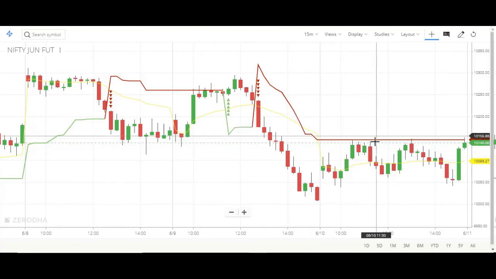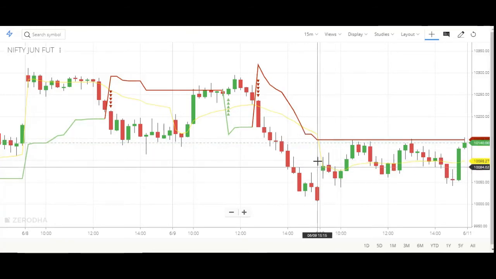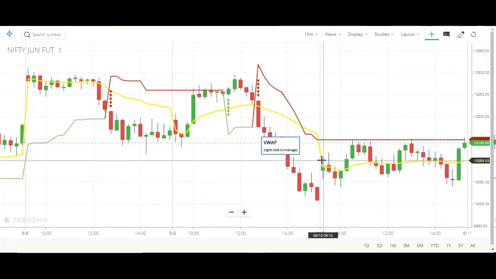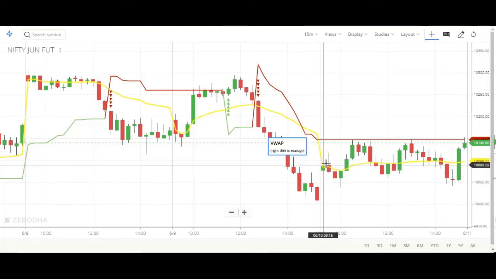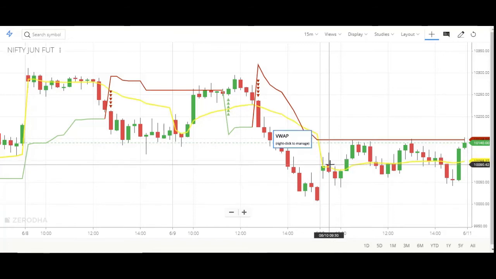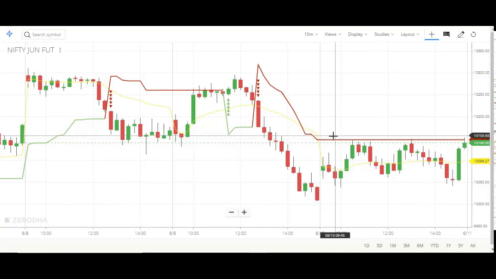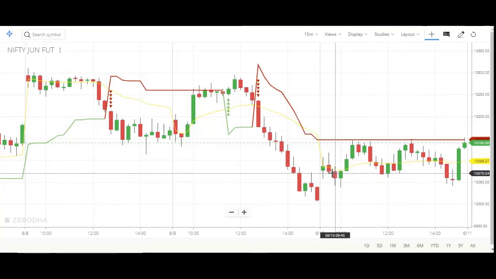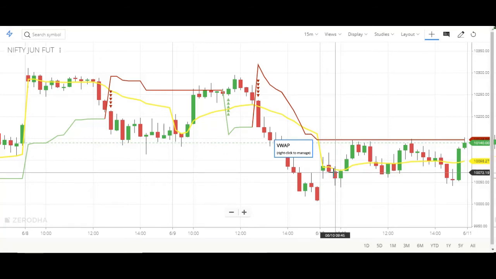Always ignore the first candle, because more speculation happens there, so we'll ignore the first 15 minutes. After that, whenever the price opens above the VWAP and closes below the VWAP, fulfilling the selling conditions, we'll sell the Nifty below this red candle. Whichever candle crosses the VWAP from above to below, we'll sell below that candle.